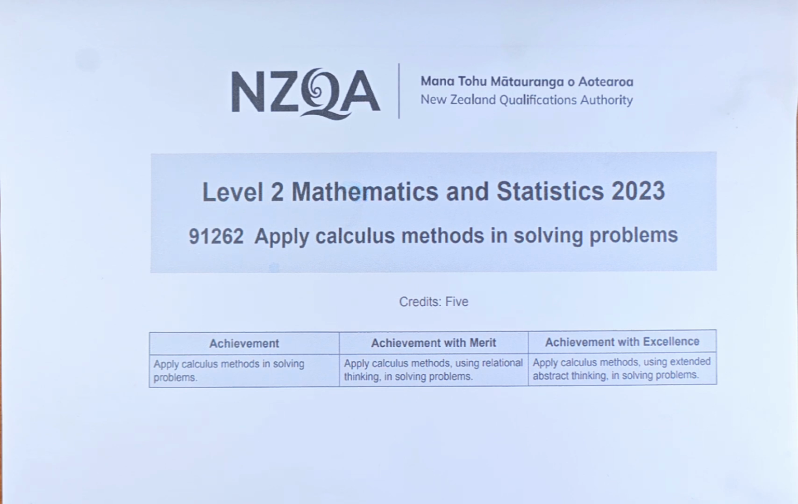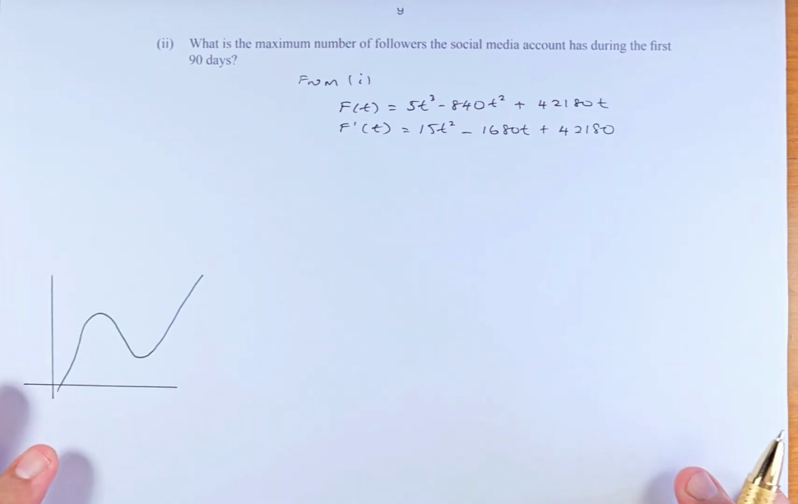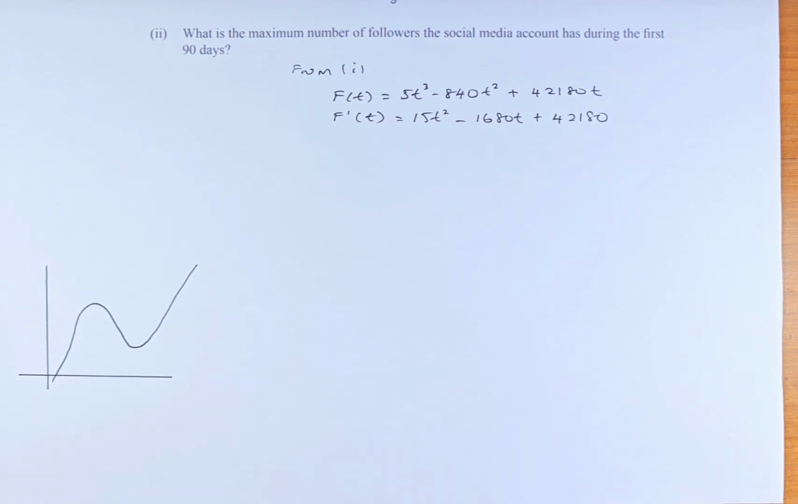We are going to try and solve question 3A part 2 of the 2023 NCEA calculus paper titled Apply Calculus Method in Solving Problem. This is a merit question, and if you have not watched part 1, please do so because it's a continuation of that question. Okay, so part 2 sounds like this. We're going to adjust the paper. The question is, what is the maximum number of followers that the social media account has during the first 90